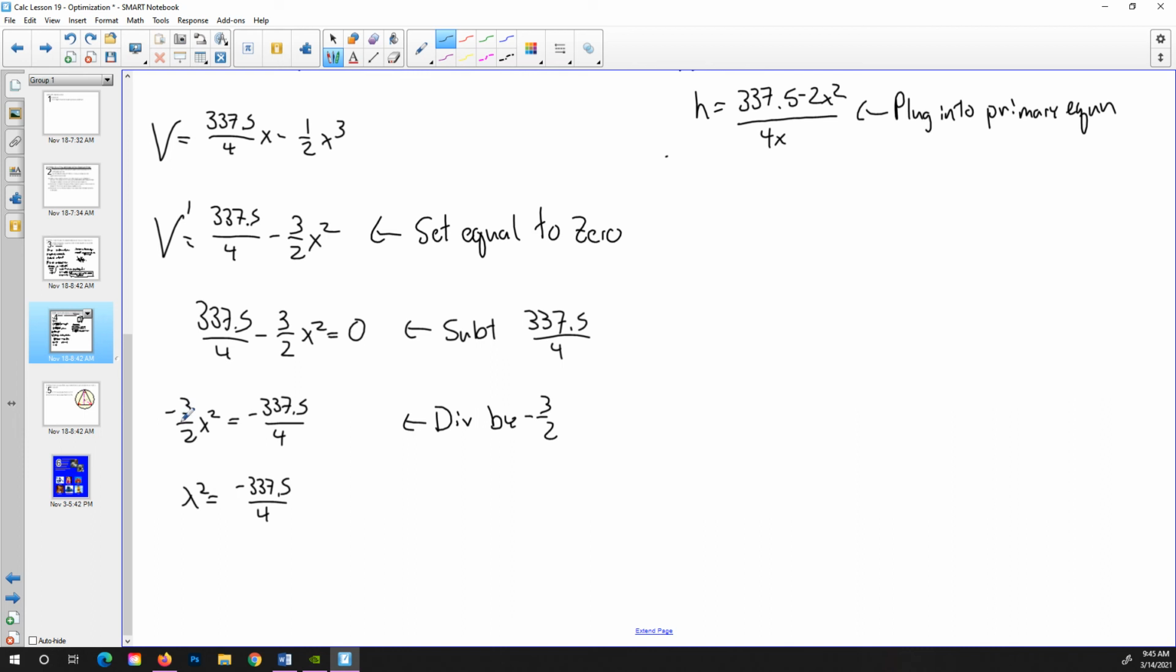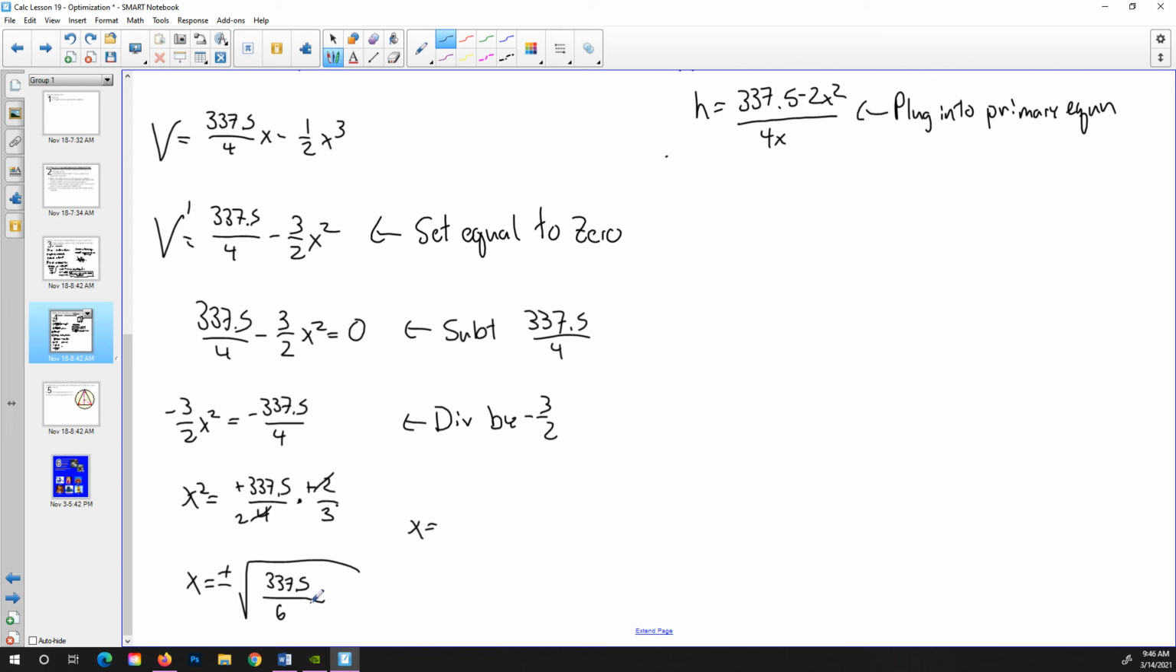337.5 over 4. And when you divide a fraction, you multiply by the reciprocal, so it'll be times negative 2 over 3. And let's see here, that'll give me x squared equal to, it'll be positive, I'll get a 2 to cancel out, it'll be positive. I'm going to simplify, and then we'll take the square root of both sides. So I'll have x equals plus or minus the square root. 2 times 3 is going to be 6 in the bottom, and it'll be 337.5 on the top. The negative doesn't make sense in the context of this problem, so our x value, when